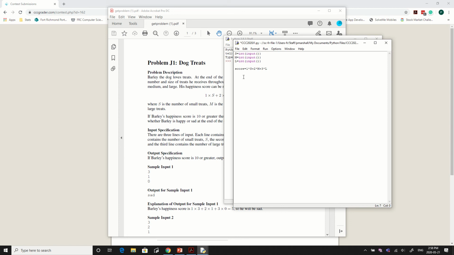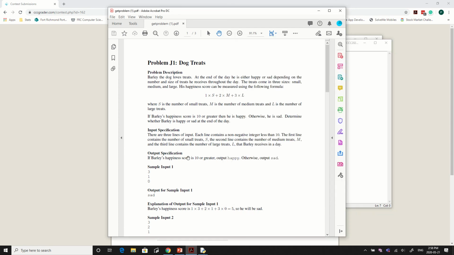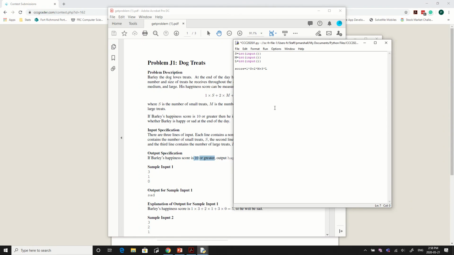And now I want to output a message. So, all right, let's see. If Barley's happiness score is 10 or greater, 10 or greater. I think that might be why I messed up the first time I tried this. So if it's 10 or greater, okay. If score, greater than or equal to 10, we are going to output